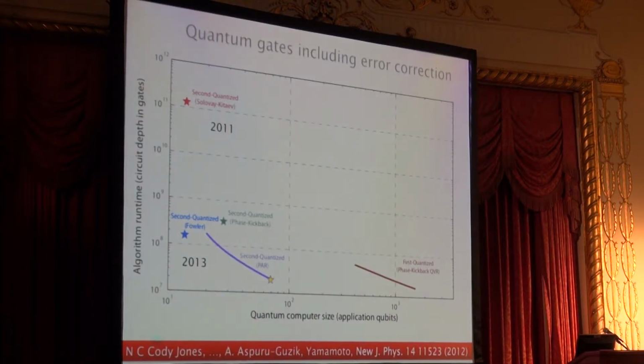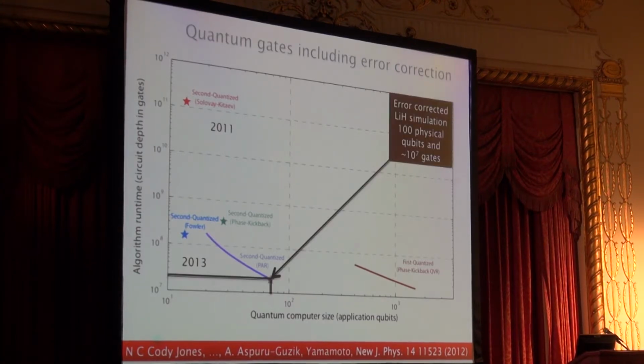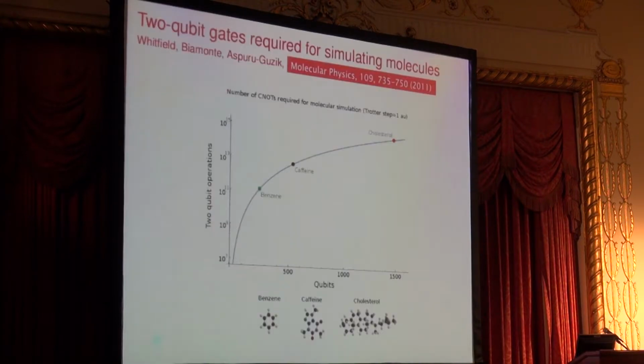When you actually go ahead and propose error correction, and again, this is primarily the work of Cody, and we just provided parameters and helped him figure out this calculation. When you actually translate this to error correction, then lithium hydride, which is a molecule that we can simulate right now in a classical computer, what seems to be like a good benchmark, will require about 100 physical qubits and around 10 to the 7 gates to be realized. Okay? I think that's a good example of what you would need if you just do these time evolution methods.